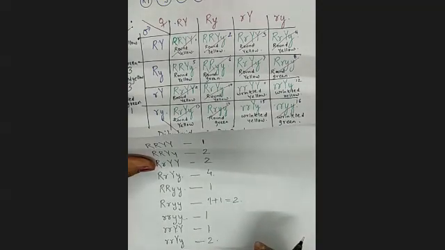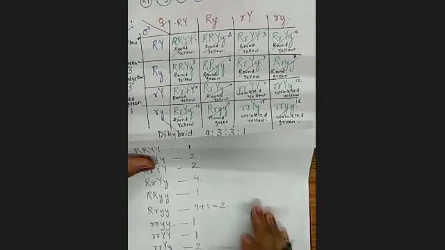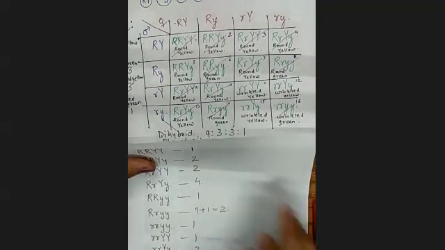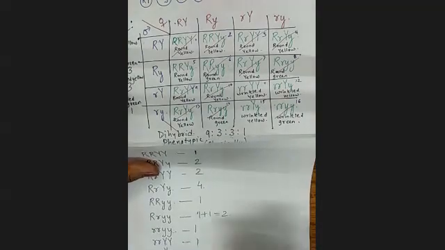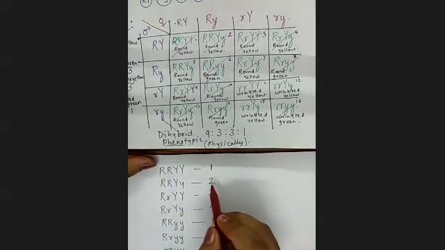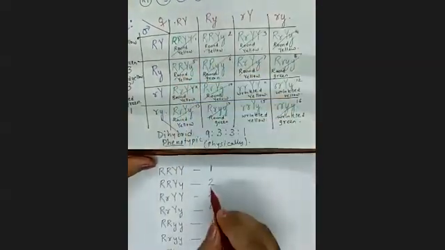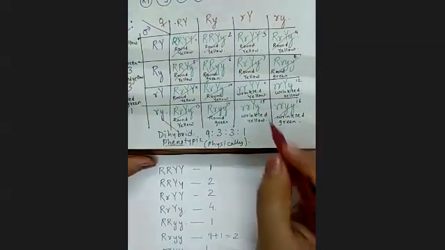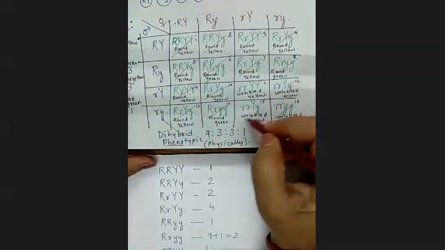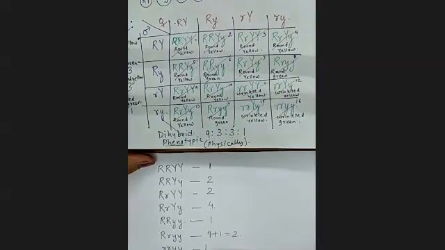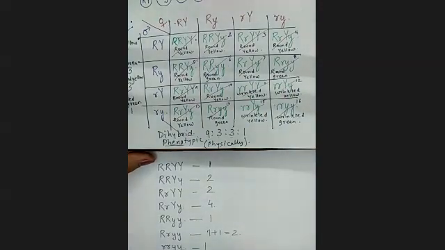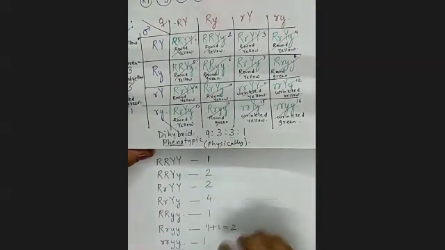Have you understood this? Yes, ma'am. 5th is also there, ma'am. I think we have done this over here. We have counted this, no? RRYY. I forgot to cross it. Yes, ma'am. We have done. Okay. So all of them are done. All the combinations. Yes, ma'am. So, ma'am, this ratio, RRYY, that will be 3.